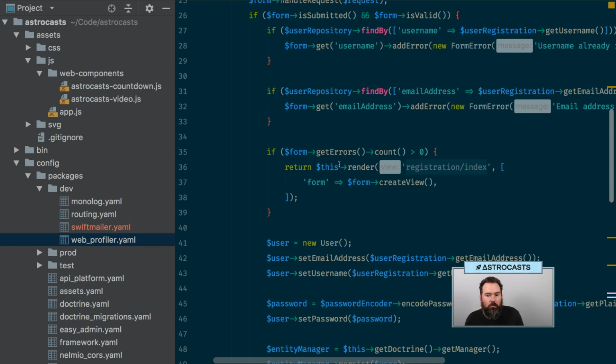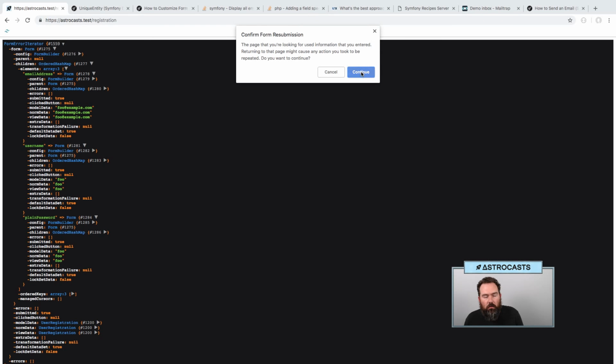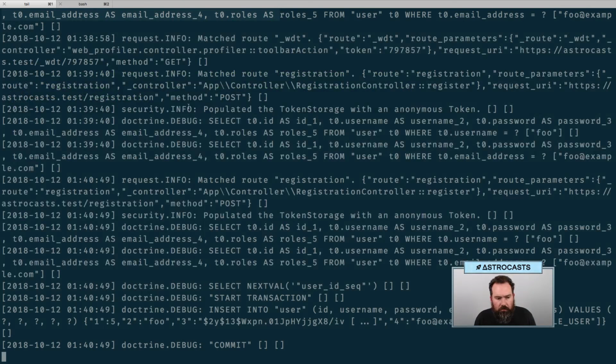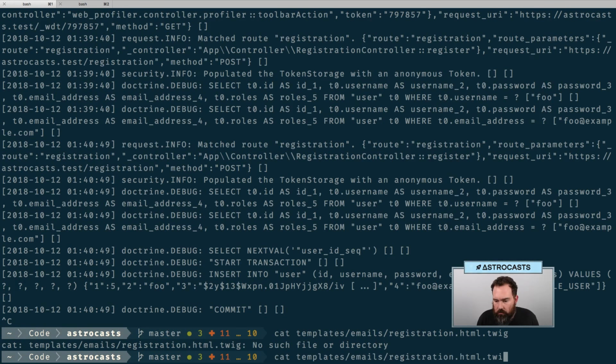But it was also trying to redraw the form, even if these never added errors. All right, so Twig error loader, unable to find template email registration HTML twig. Really? Well,